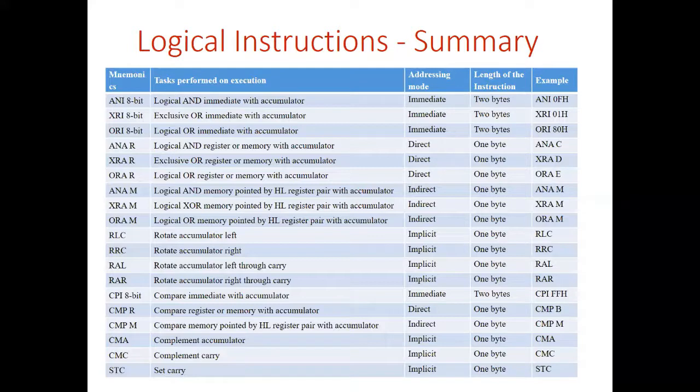So this is a register to register operation. In the same way, you can perform a specific data comparison with the accumulator. There is an instruction called CPI. It uses the immediate addressing, and compare also uses the register indirectly addressed memory location, comparing with the accumulator. The result of the compare instruction is indicated in the flag register.